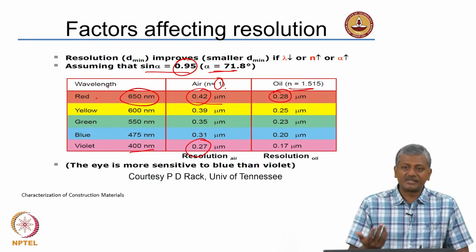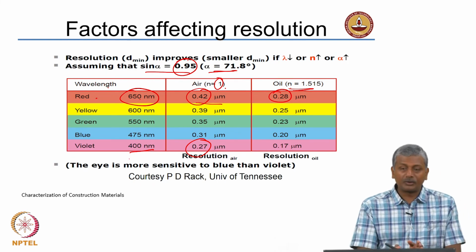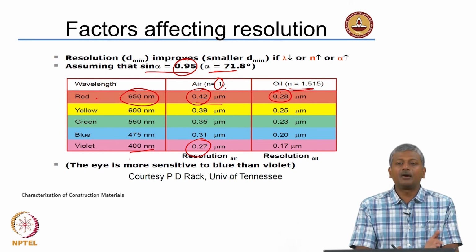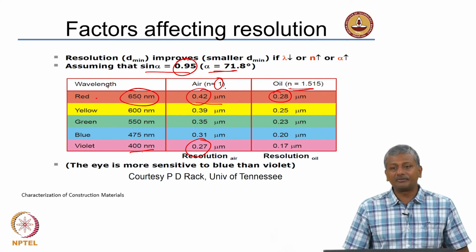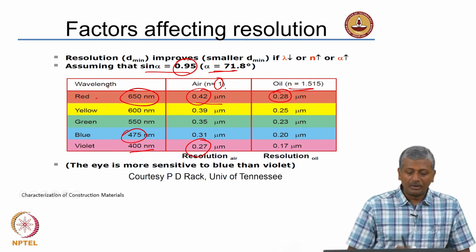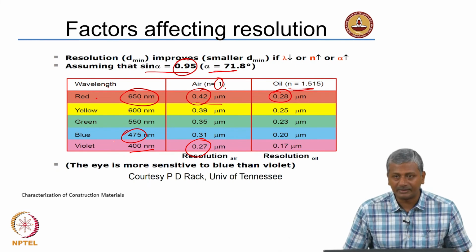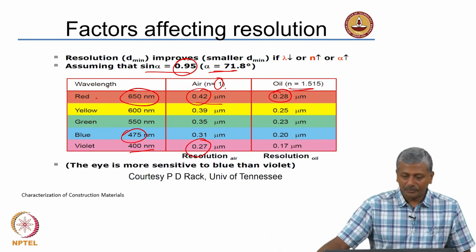And the eye is more sensitive to blue than violet. Because violet goes slightly on the border of the visible range, the eye is not able to make out violet light as easily as blue light. So, we may not be able to use violet filters, for instance, for imaging where we have to look at the microscope with the eye. You may want to go for blue imaging. So, you will not get the full benefit of using violet in that case. Alright,